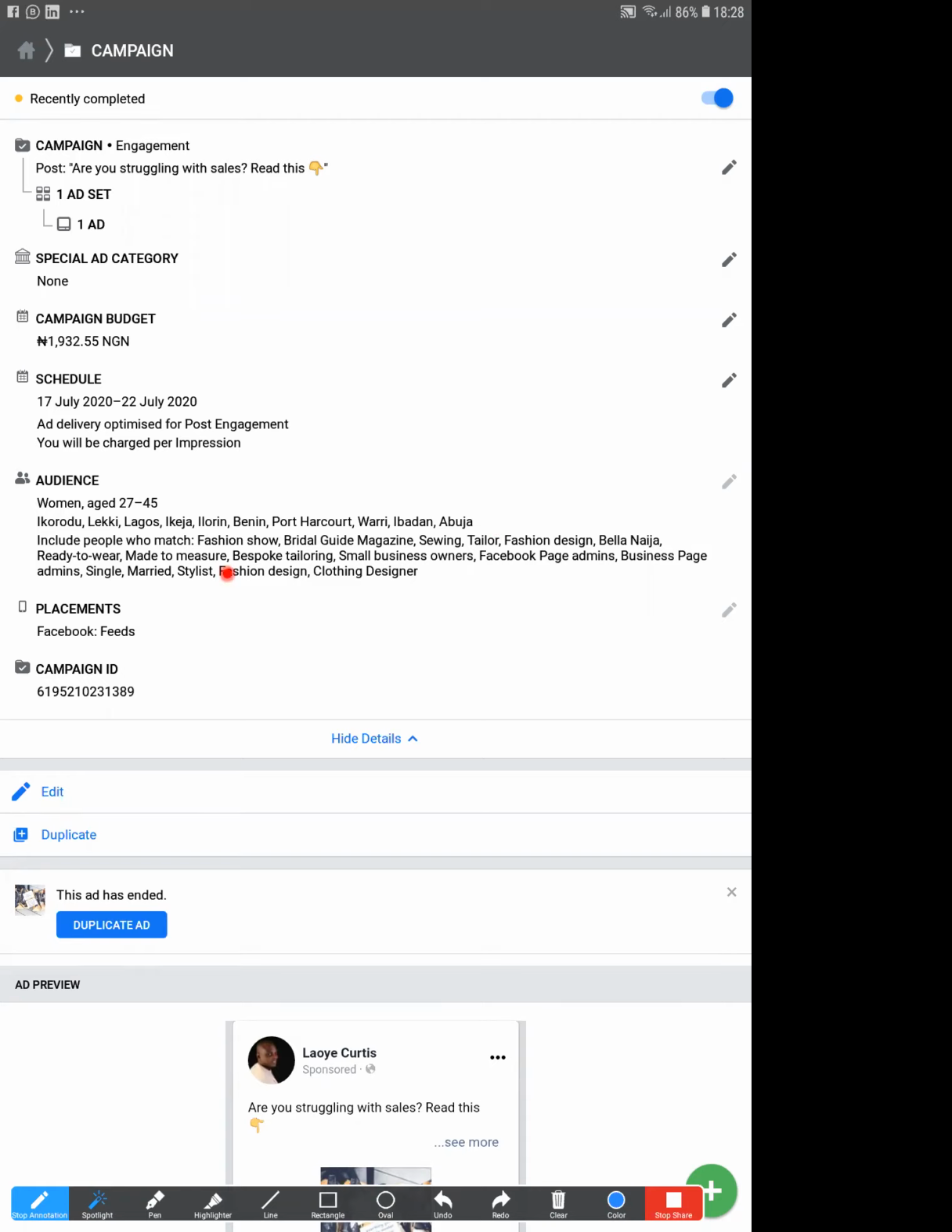Now, if you remember when I told you guys to set up a customer avatar, there's always this aspect I mentioned about interests. You want to find out the things that your target audience have interest in that is very peculiar to them. In my case, I selected fashion show, beauty, bridal guide magazines for those that may be into bridal wears, sewing. I mean, fashion designers are interested in sewing. Tailoring. In fact, you should have said tailoring, not even tailor. Fashion design. I picked Bella Naija because I know it's a popular